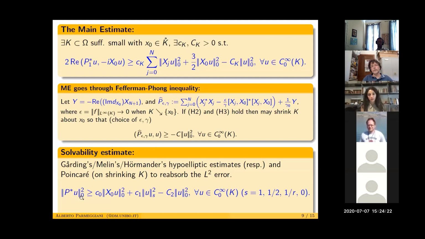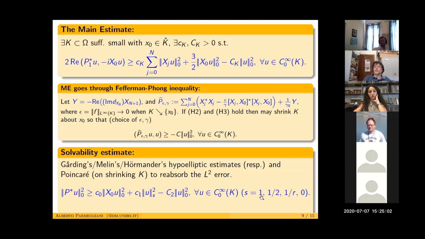The L2 norm squared of P star u is controlled from below. We take away all this thing here, but we want to be very careful with this, because in the Cauchy-Schwarz inequality we have this kind of contribution, a small constant, which we can reabsorb by this one here. And then this is going to control this Sobolev norm, provided we're in such a position, minus a big constant times the L2 norm squared. The contribution of this kind goes over here, and over here.